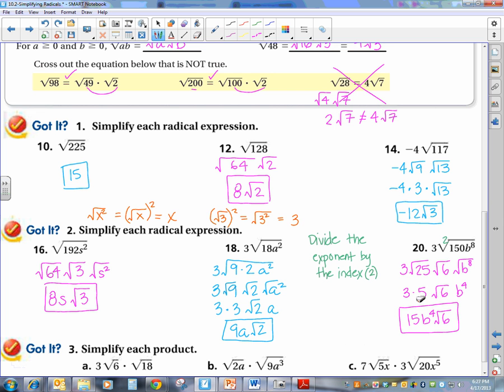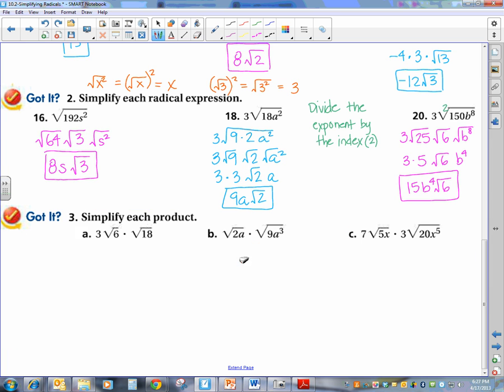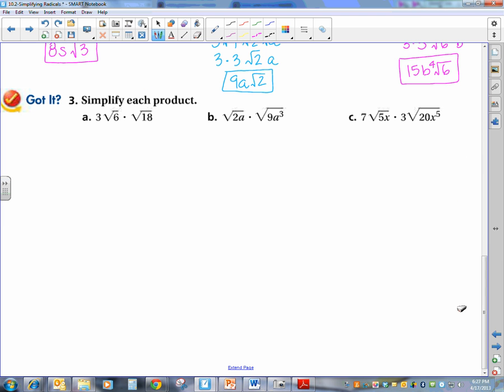All right, and we have another group. This time, hopefully you can see the difference in this group. We have some with just numbers, some with numbers and letters. But the difference in these problems from what we've done already is that now we have multiplication added to it. Now you have two choices. When you work these problems, if it's on the outside, of course it stays on the outside. And if it's on the inside, I'll go ahead and break it up. You can multiply these two together, but you're just going to have to break it apart